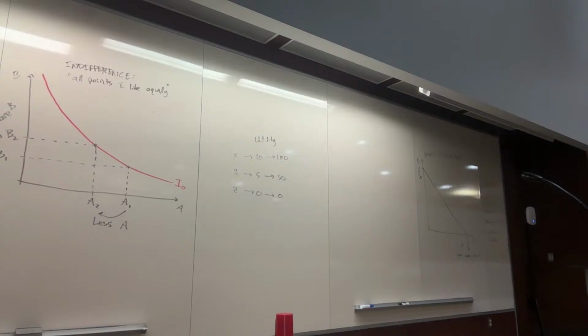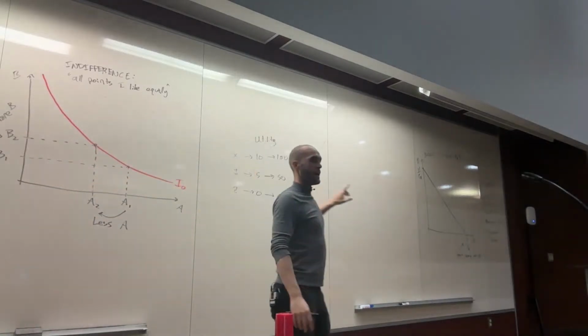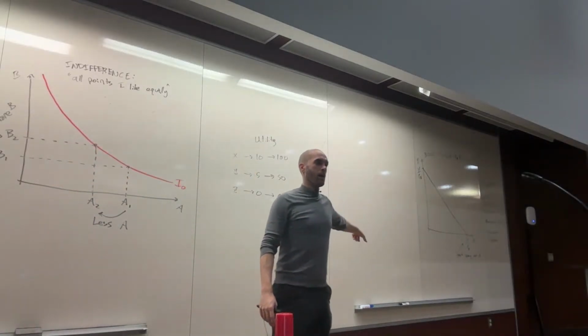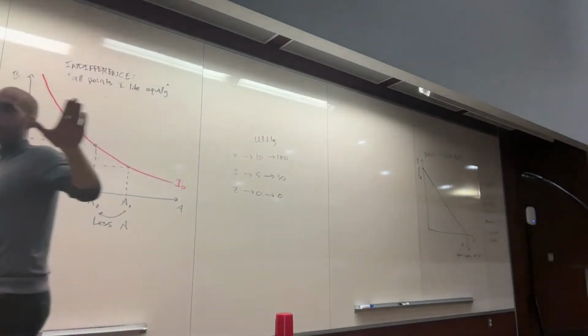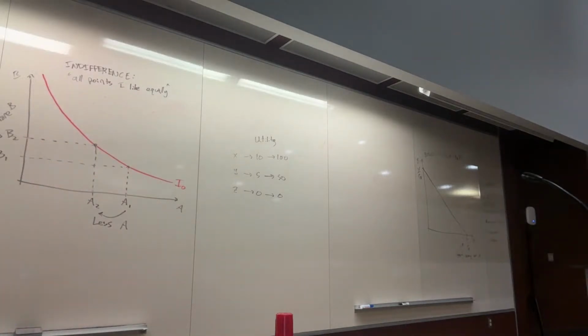Okay, so let's say we go from 1 pound of apples to 2 pounds of apples. We can find the utility associated with these two levels of apple quantities simply by taking these numbers and plugging them into the utility function. This is all going to come back to our indifference curve. We're going to answer a fundamental question by the end of class. Before we get there, let's just plot out this utility.